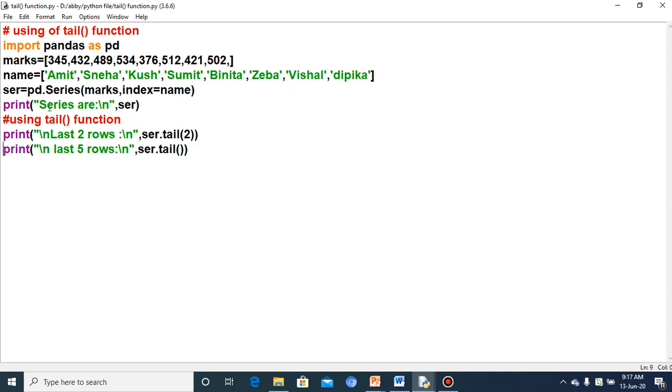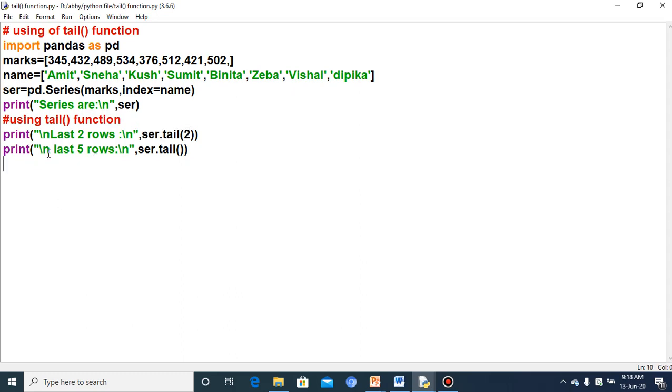Series I have taken as an output. And how are we using the tail function? We have written the string in the print as last 2 rows. That means the tail function will return the last rows. How many rows? We have provided the parameter for the tail as 2. That means the last 2 rows will get returned. SER.tail means last 2 rows of the series will return.